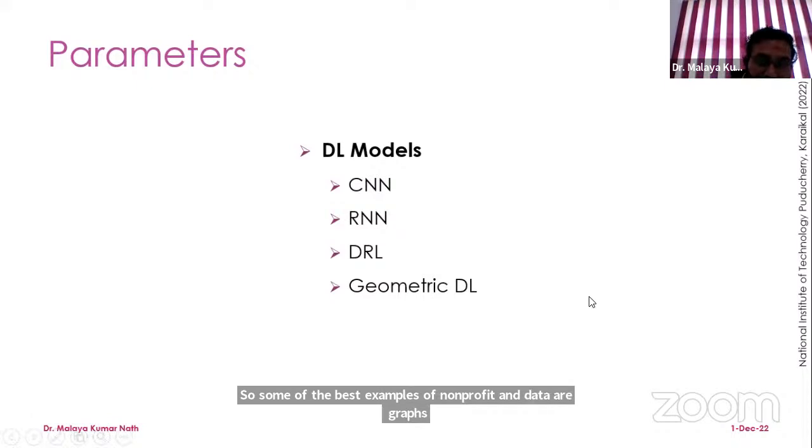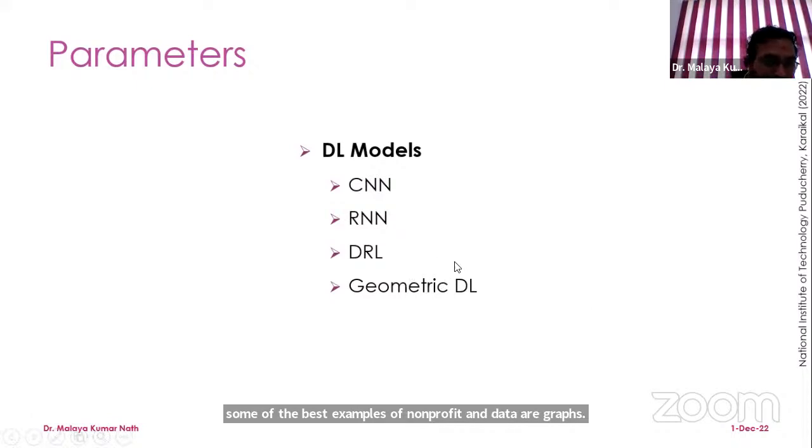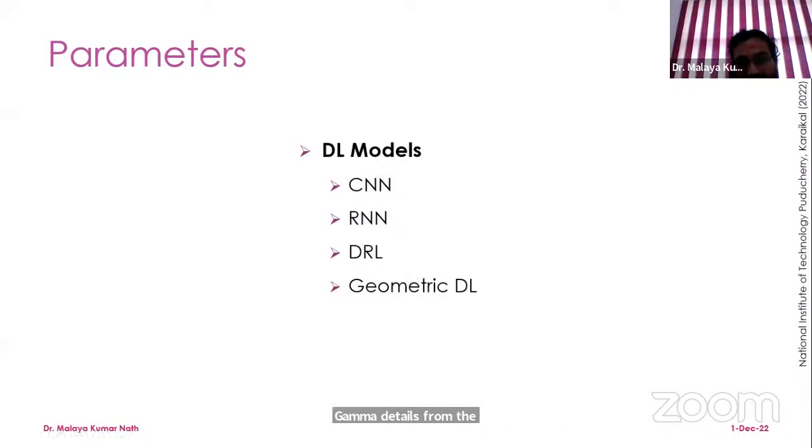So basically, geometric DL popularly uses this non-Euclidean data. So the data modeling can be done with less effort as well as fewer resources while using graph-based data. The graphs are the input to the geometric DL models and extract more granular details from the data. If we look into our real data, these real data are basically geometric data. Examples of this geometric data are molecules, trees, networks, or manifolds. These are non-Euclidean data.